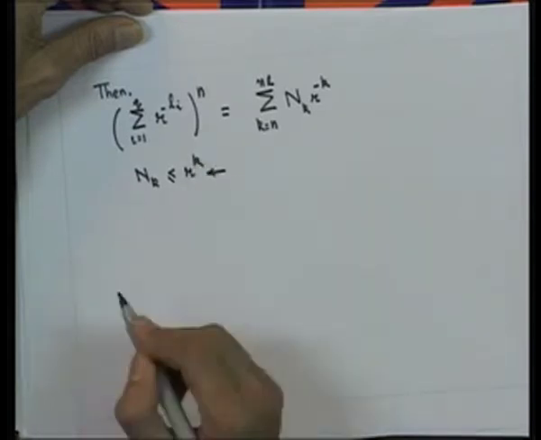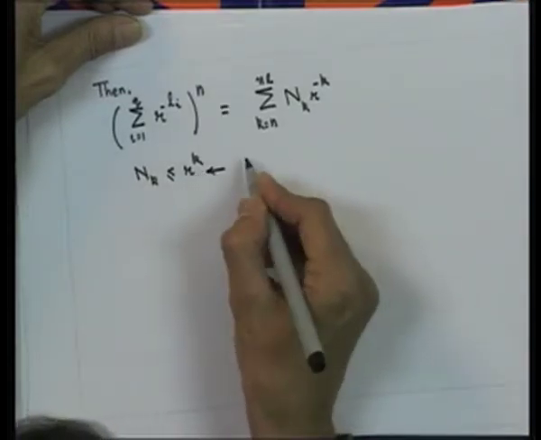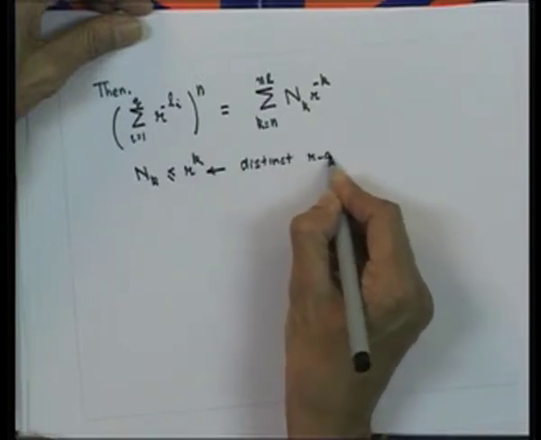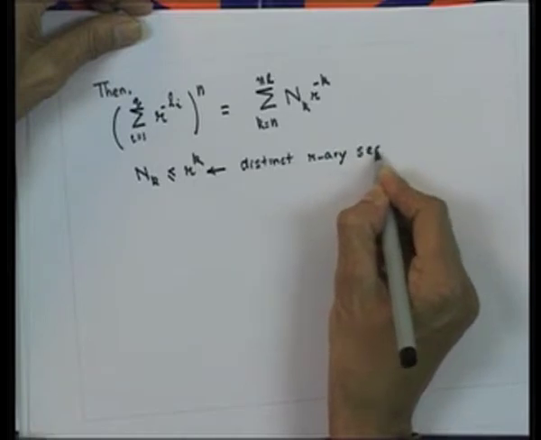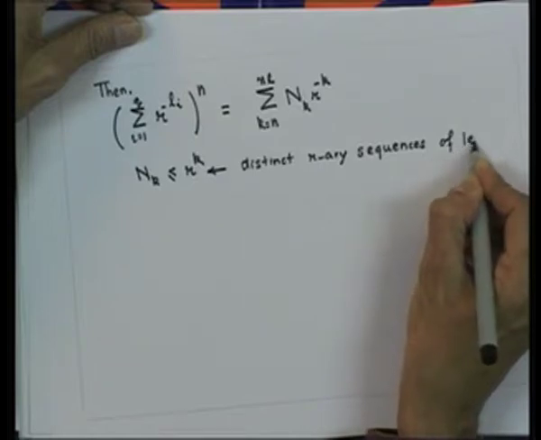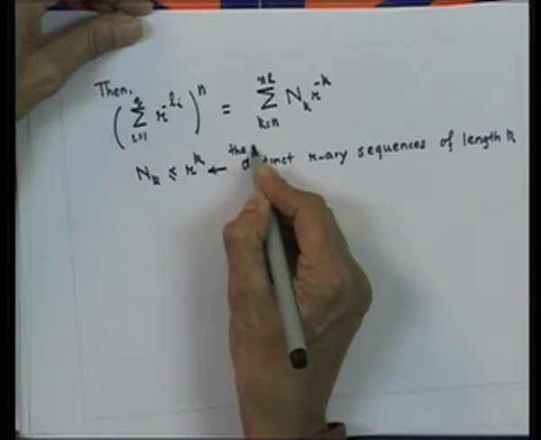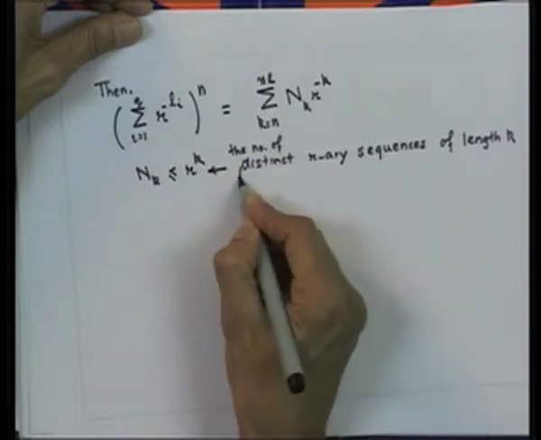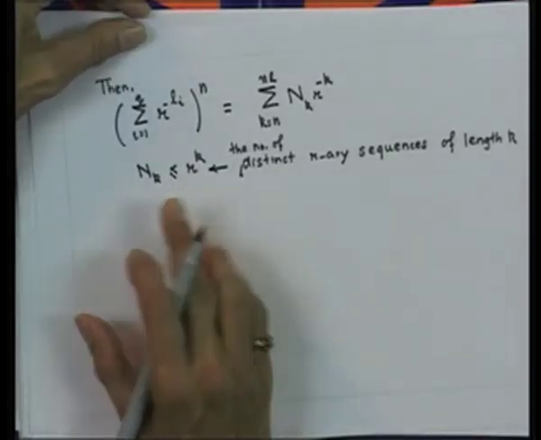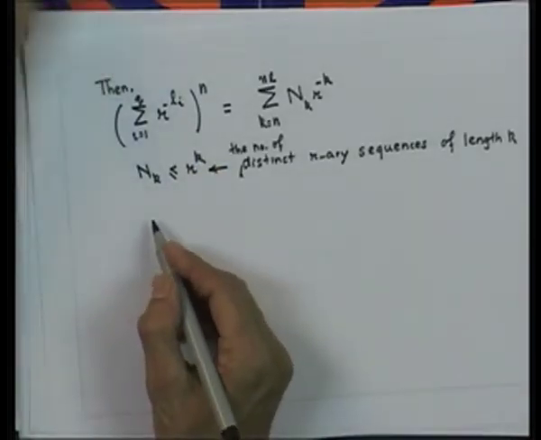This r^k is the number of distinct r-ary sequences of length k, and since our code is uniquely decodable, nk has to be less than this quantity. What it implies is that